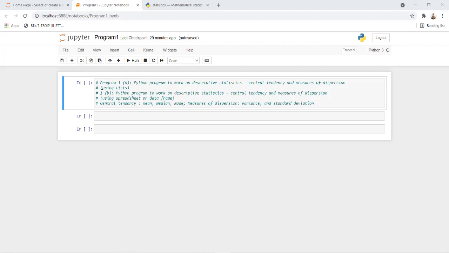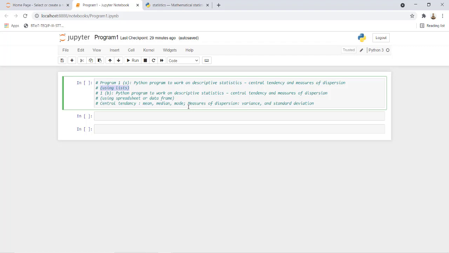In the first program I will show you how to use these central tendency methods using lists, and in the second program we will apply the same thing to spreadsheet data or any data frame. In central tendency we will see mean, median and mode. In measures of dispersion we will see the methods of variance and standard deviation.